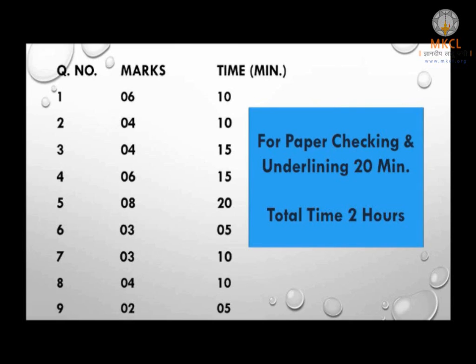Now children, I would like to give you certain general tips. Bravo, you have solved the complete 40 marks question paper. I have certain general tips for you. Solve the question paper serially. Start from question 1 till question 9. Give proper sub-question numbers even though your brief answer is first. But in the question paper, if the number given is 2, you have to write number 2 and not 1.